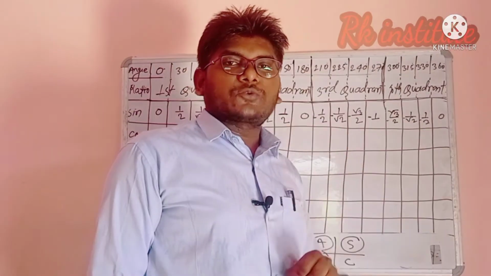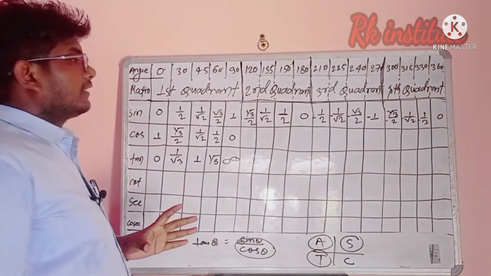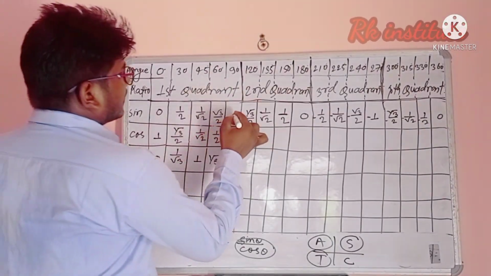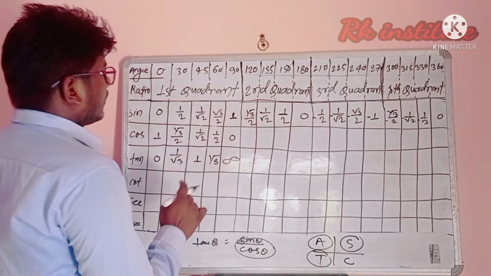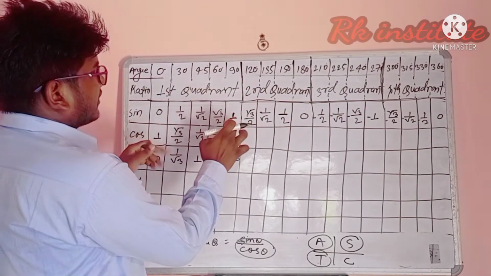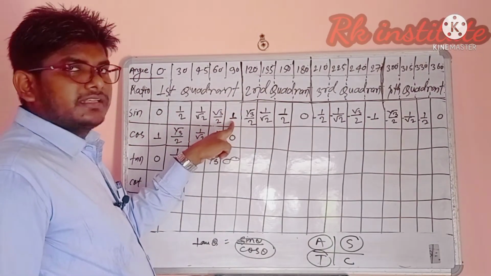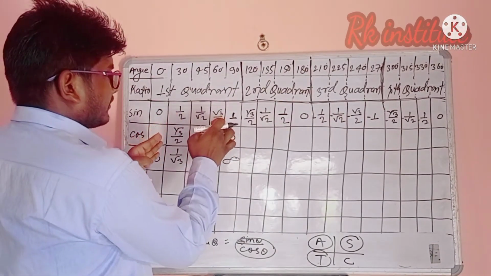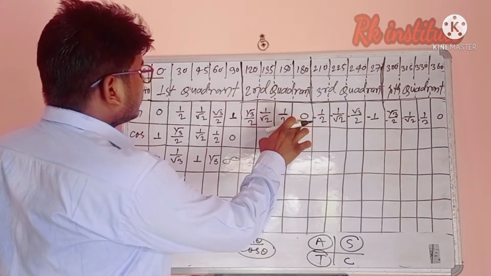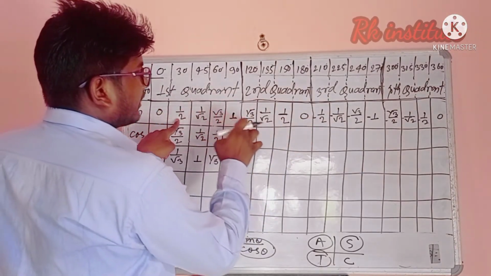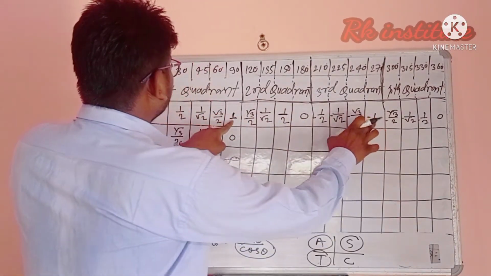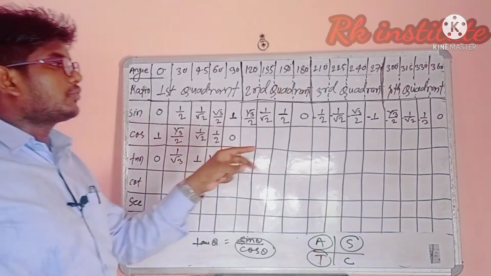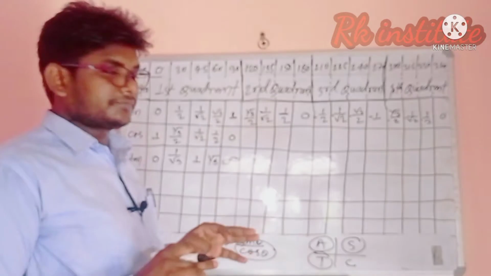Our trick that we follow: we have to remember that this is 0 from the start. There is a 1 at the end point, so we start from here. And the end point is 0, so we start from here, and again the end point is 1, so start from here. This is the trick. You have to follow this trick.